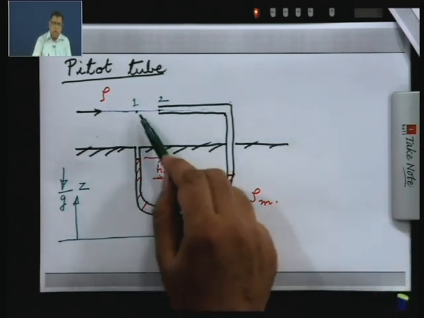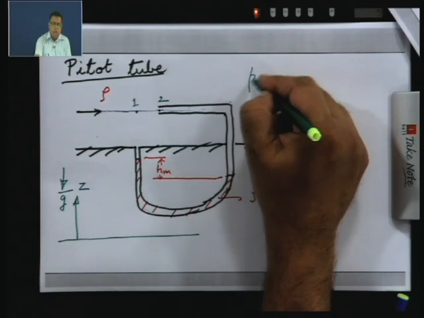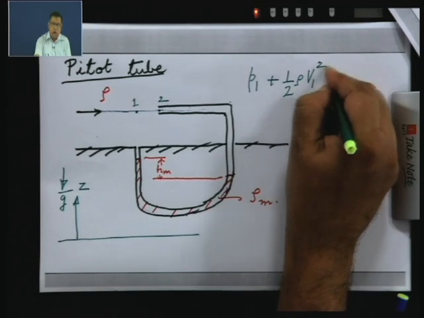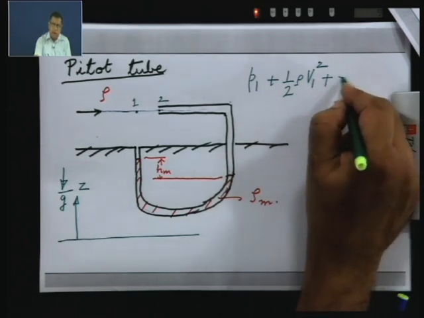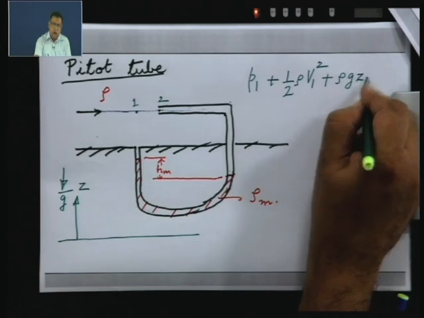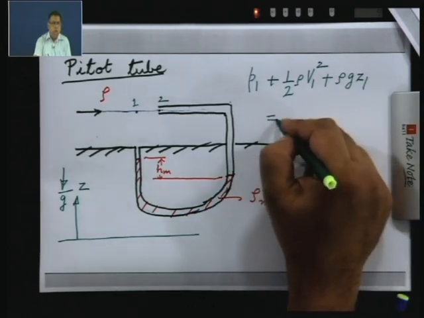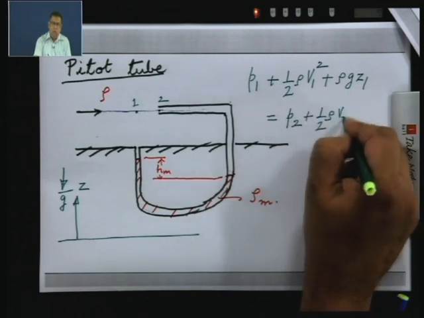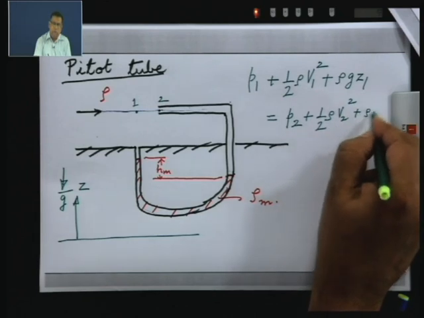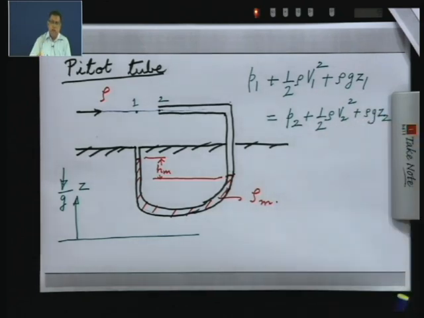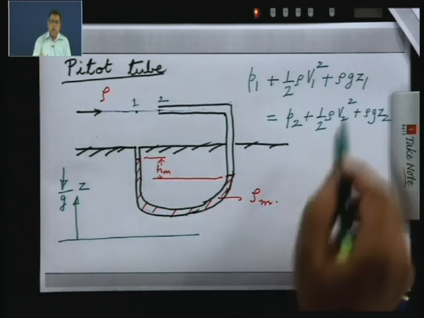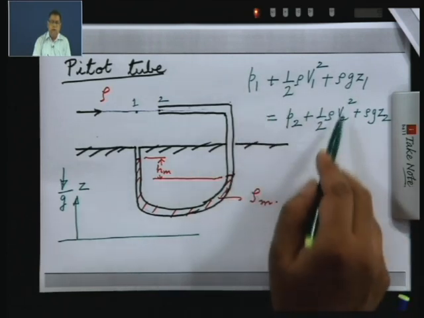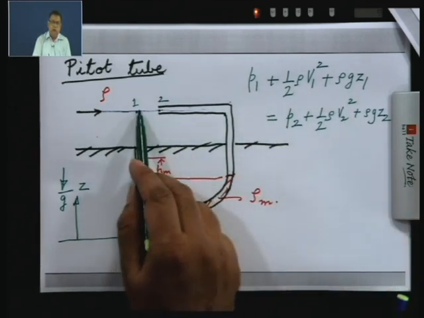Now, if you apply Bernoulli's equation between 1 and 2, we know that P1 plus half rho V1 squared plus rho g z1 will be equal to P2 plus half rho V2 squared plus rho g z2. So, here I have assumed that rho is constant, the density is constant, and it is inviscid fluid. So, the viscosity mu is 0, and we are applying it for steady flow along a streamline between 2 points